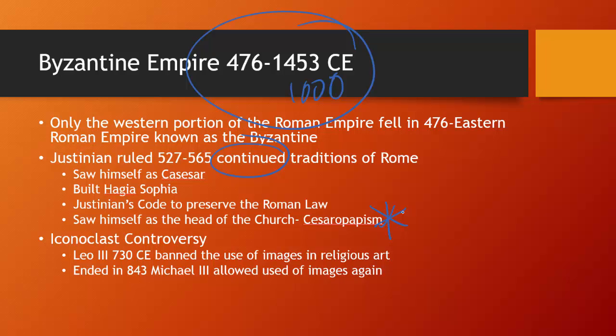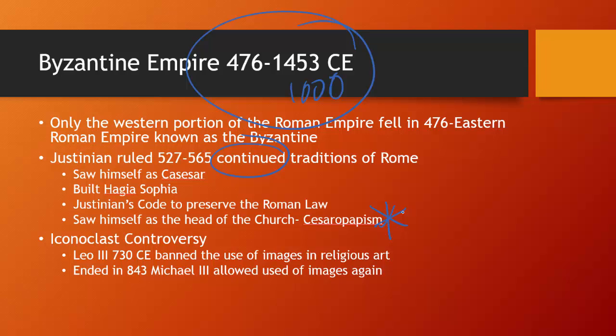You also could talk about the iconoclast controversy. Hopefully you remember that. If not, you should be looking it up in your textbooks or notebooks. So Leo III, who was a Byzantine emperor in 730, bans the use of all images in religious art. So that's a political change, leading to a cultural change, because now you're not allowed to make images, so all the icons had to be destroyed, and it changed the way art was produced in the Byzantine Empire for about 100 years.